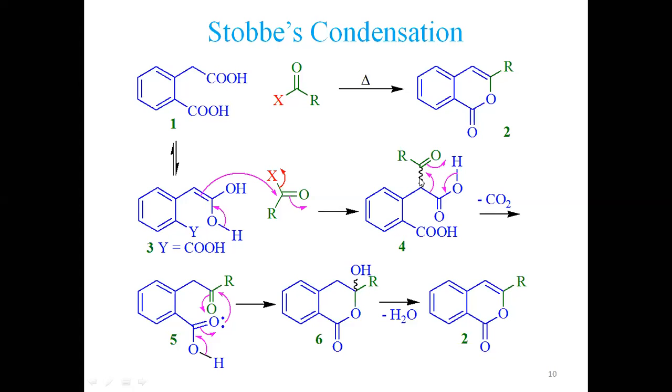Enol means we have a double bond here and an OH at that place, which shall tautomerize into the keto form. It forms the enol first, then tautomerizes into the keto form. So you see, this group is being replaced. This carboxylic group which was present here is lost in the form of carbon dioxide,